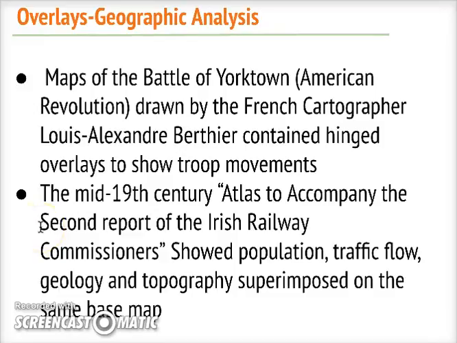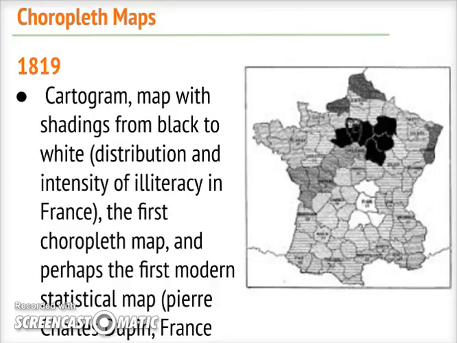Another overlay for geographic analysis is the mid-19th century atlas to accompany the second report of the Irish Railway Commissioners. It showed population, traffic flow, geology, and topography superimposed on the same base map. Move to